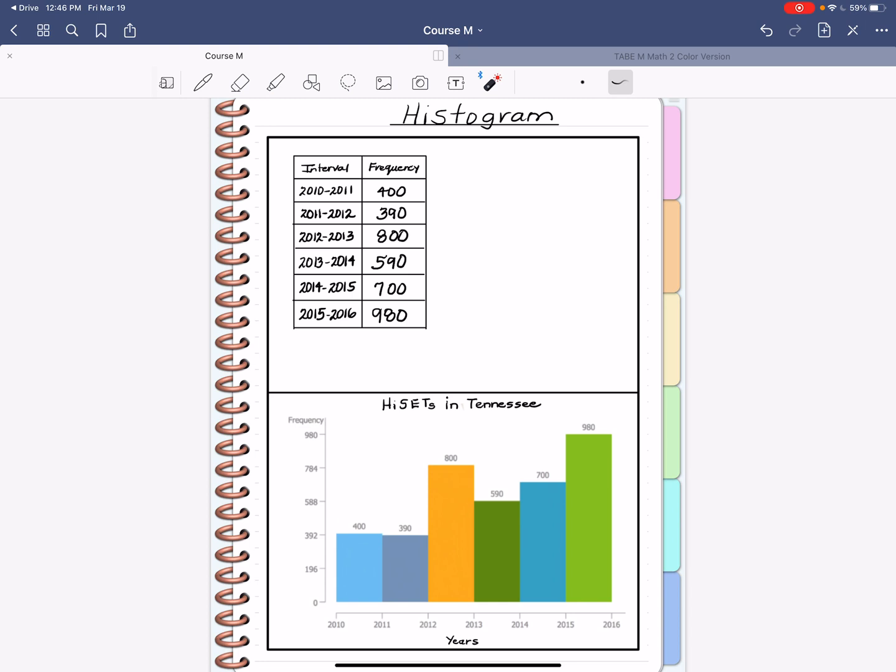And actually, guys, I should have said that this is high sets in Tennessee in one district. One district could really pull these types of numbers, not the whole state. The whole state is up in the thousands. So let's add that. So in one district in the state of Tennessee, this is our high set totals for